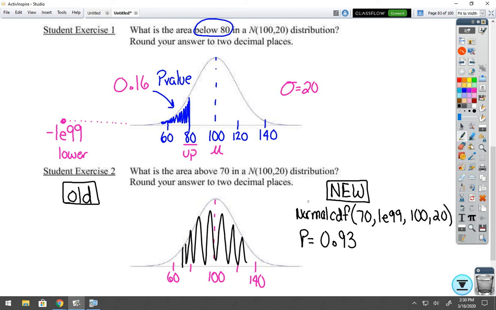Now, okay, so what do old calculators do? Well, old calculators won't do that. Old calculators say you have to find this area here, and then you have to take 1 minus the left area because they will only calculate left area. And that's okay, I can do that. It's not a big deal. Now what I'm going to do when I do my normal CDF